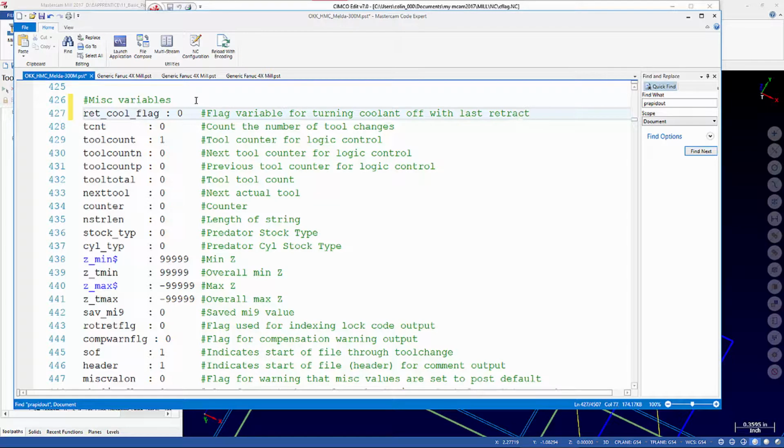Okay, we're going to call this a flag variable. And generally a flag variable is just a variable that we're using to indicate the state of something. So when we turn something on, we set this variable to 1 or to 2 or to 3 to indicate the state. It's just another numeric variable, but we're using it to indicate the state of a particular function. So it starts out as 0,